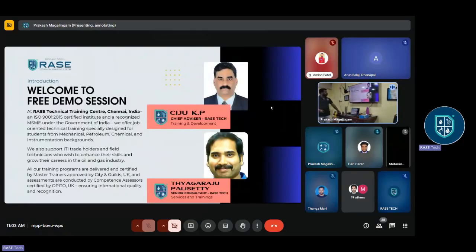First of all, our free demo session, our RASE Technical Training Center, Chennai. We are an ISO 9001:2015 certified institute, recognized for medium and standard under the Government of India. We offer job-oriented technical training specially designed for students from mechanical, petroleum, chemical, and instrumentation backgrounds. We also support ITI trade holders and field technicians who wish to enhance their skills and grow their career in the oil and gas industry. All our training programs are delivered and certified by master trainers approved by City and Guilds UK, and assessments are conducted by competent associates certified by OPITO UK, ensuring international quality and